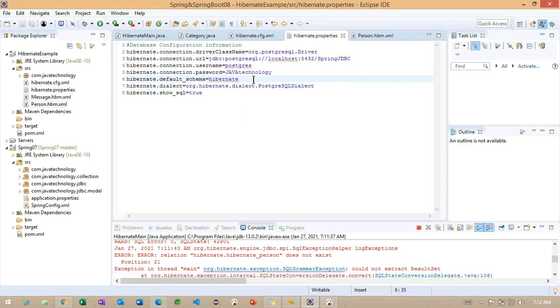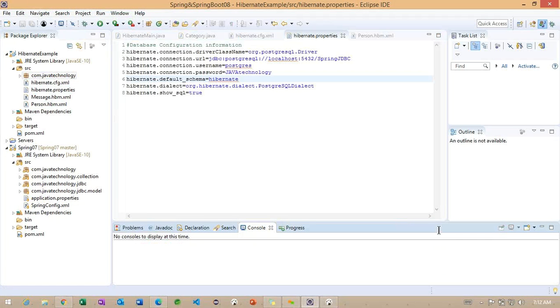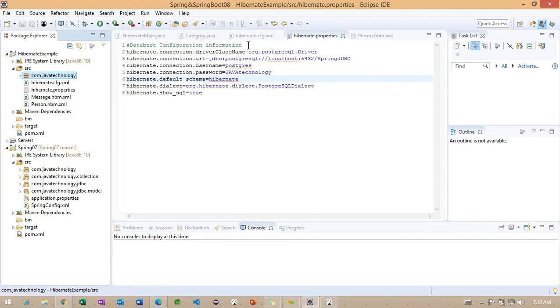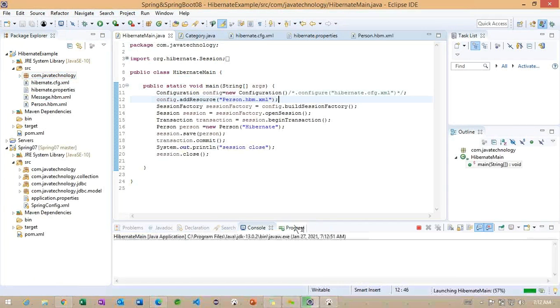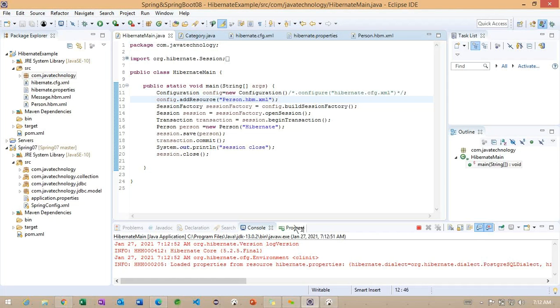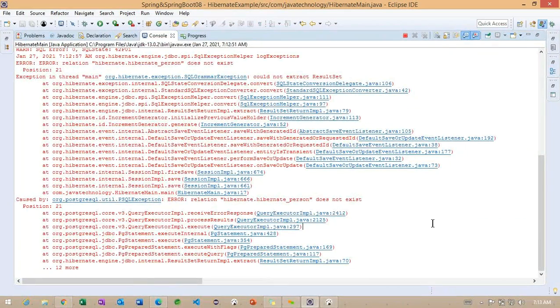Schema hibernate default schema. Okay, what I will do, let me run the same example one more time. Still we are getting hibernate.hibernate_person. Okay, why is the table not loading here?